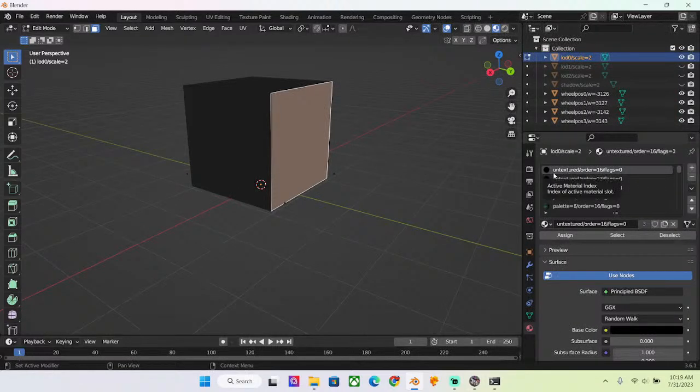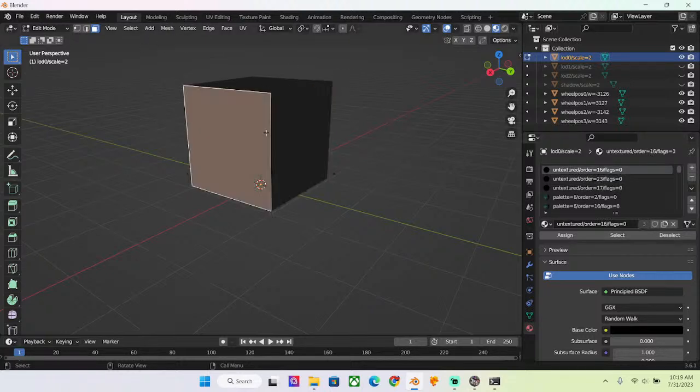Untextured being, well, completely fully black. Order meaning, well, technically, it's pretty difficult to explain order. It's basically the lower the number, let's say 16 versus 23, this will mean that 23 will appear behind 16. So let's say we add